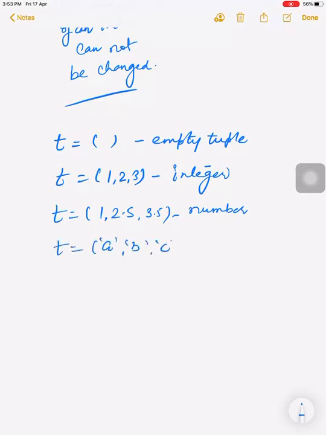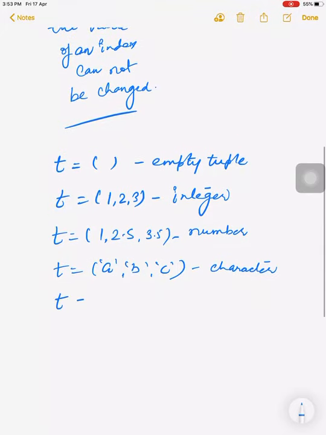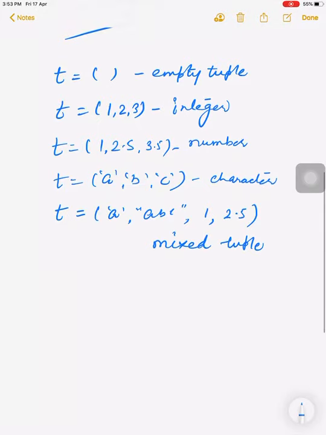This is known as a number tuple because it consists of different types of values, the integer as well as the floating value. If we write A, B and C, this is a character tuple. Same as a list, we can also write one character value, one string value, one integer, one float. That type of tuple is known as a mixed tuple.